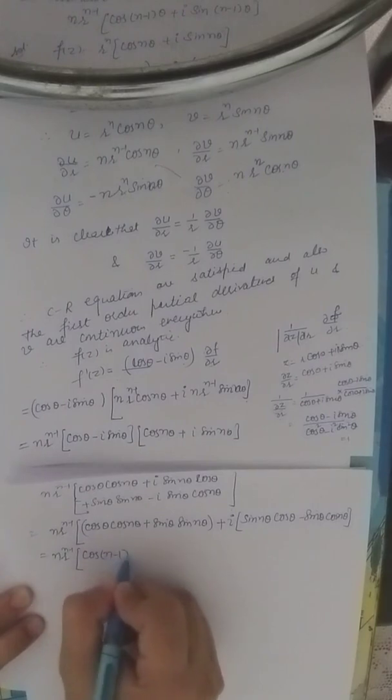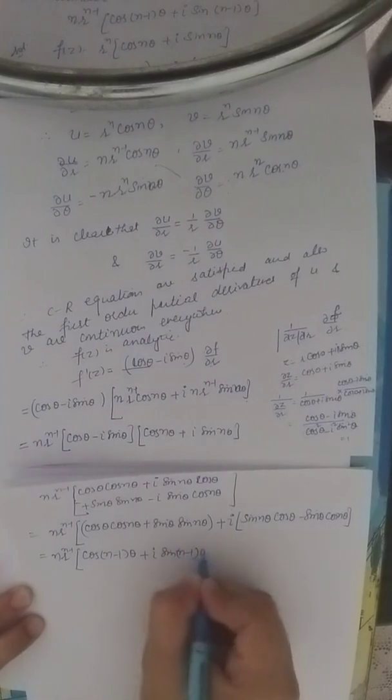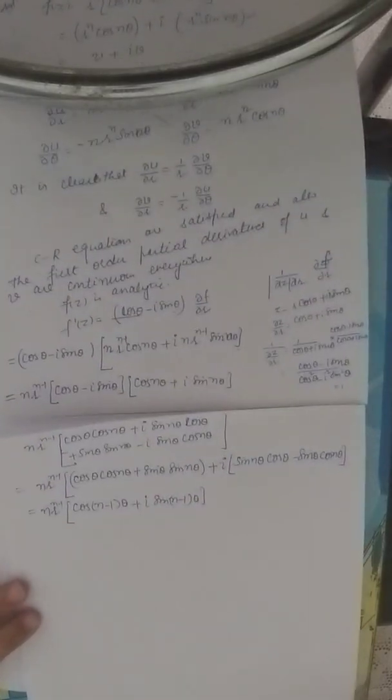It will give you cos (n minus 1) theta plus iota sin (n minus 1) theta,